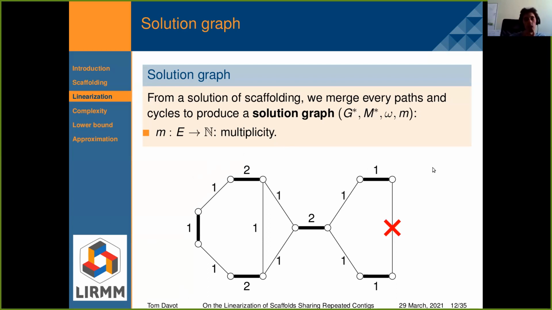And if I compute an optimal solution of a scaffolding in it and I build a solution graph, then I obtain this one. So I remove this non-matching edge because it does not appear in the optimal solution. And I add some multiplicities on the non-matching edges like this.